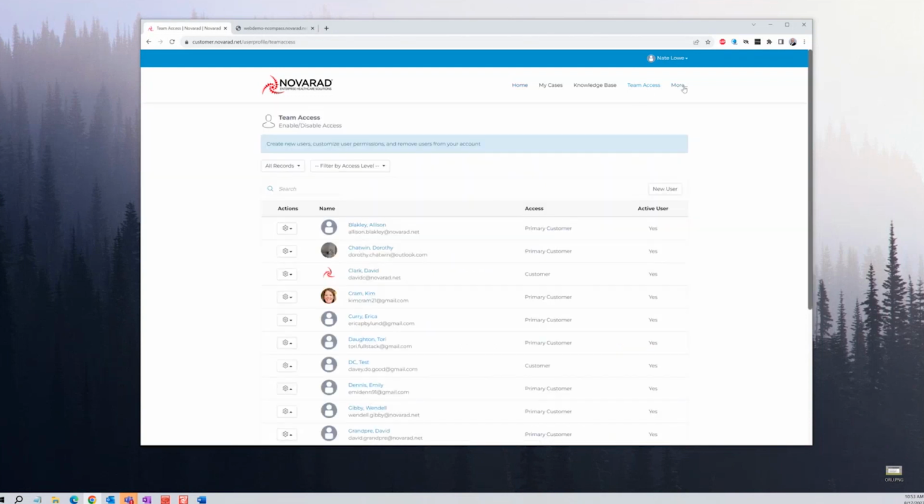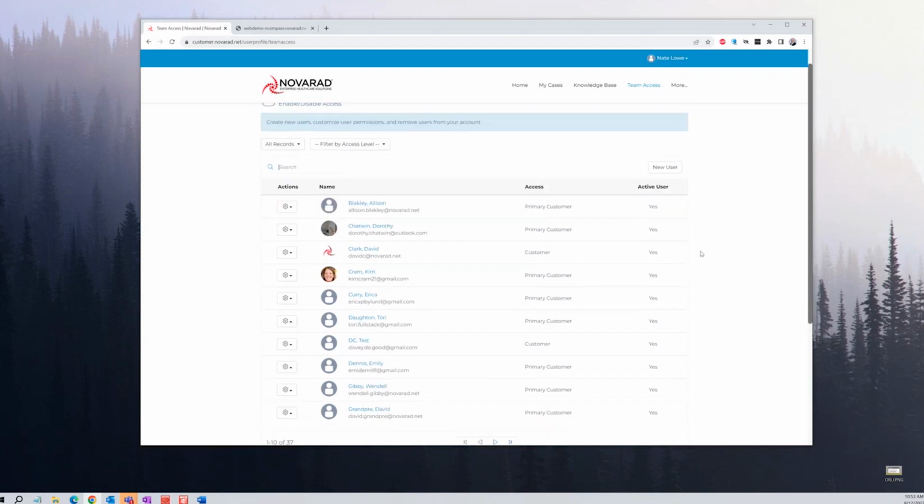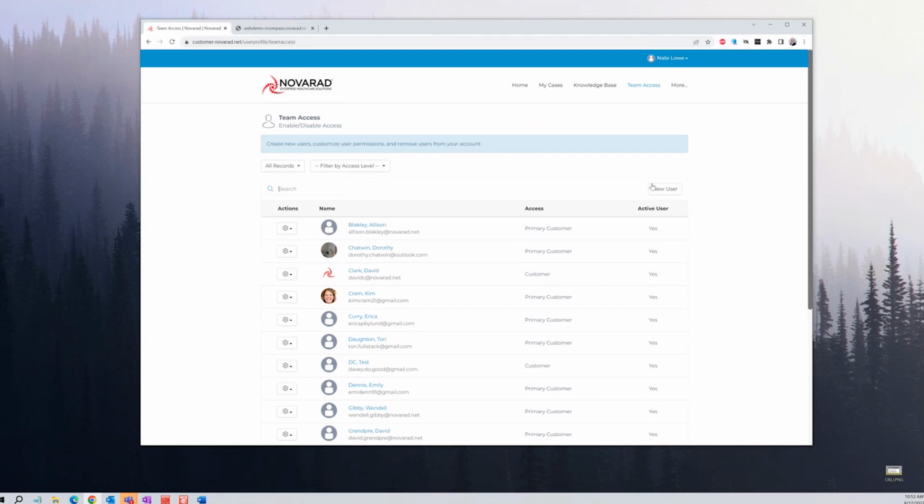I don't know if you saw where I clicked in the upper right hand corner, team access. Here is a list of all of our users. There's some important information at a glance. We have our name. The email address will be the username. We have what type of access they have and whether they are an active user or not.